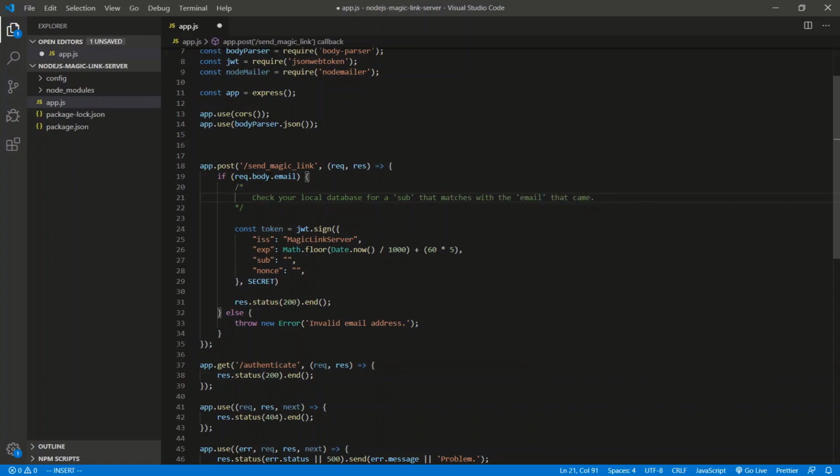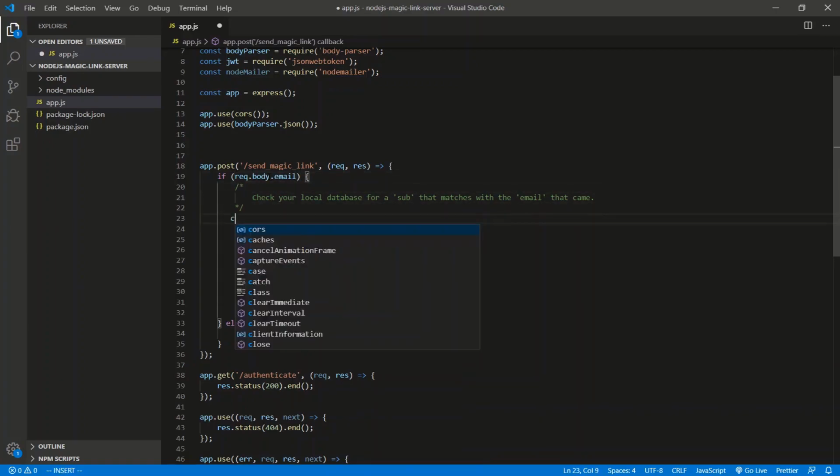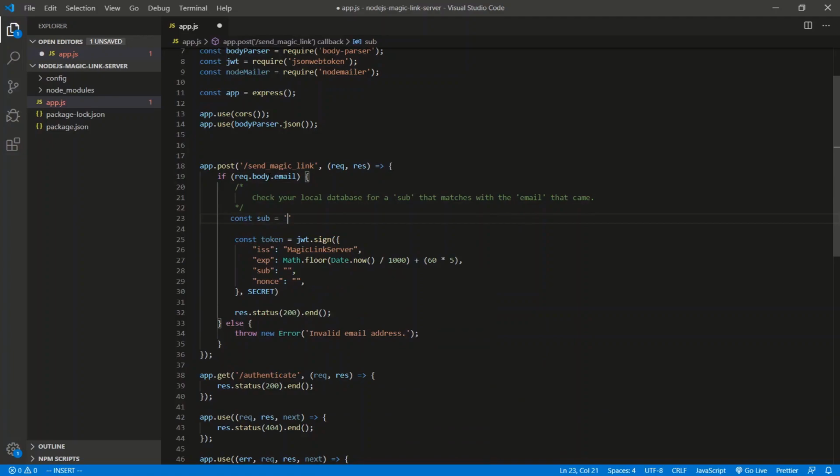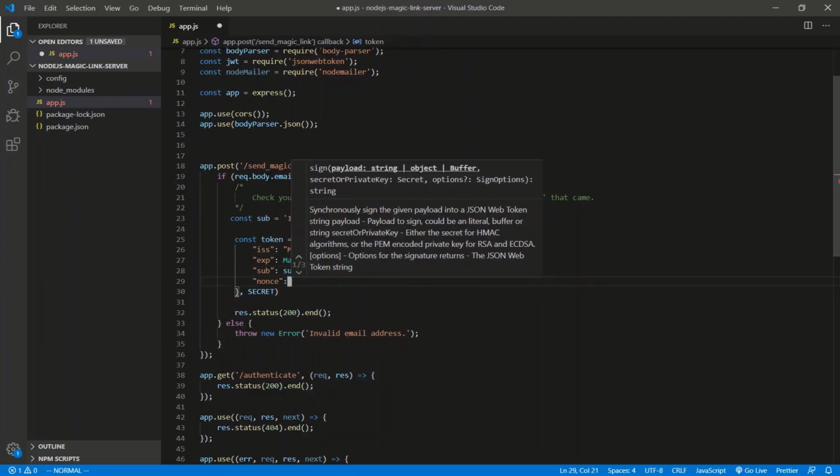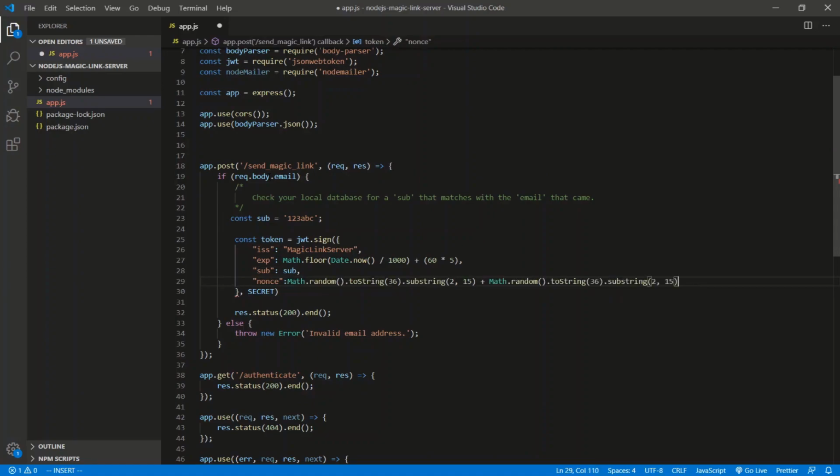Again, we're not going to build a database for this, so just pretend that we pinged a database and we found a sub that is associated with this email. So let's make it up here. Let's do const sub is equal to, I don't know, 1, 2, 3, ABC. There we go. So put that sub in here. All the nonsense is a random string of numbers, something nonsensical, so you can't get duplicate